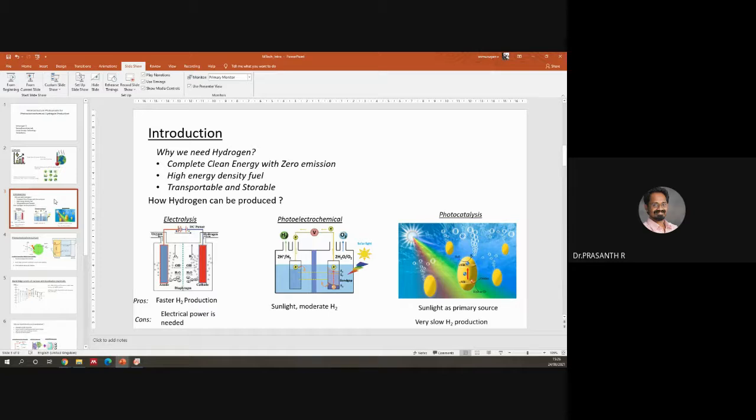Some electrodes can produce the potential for splitting the water, but cannot harvest the maximum energy from the sun. So we have to make multiple layer systems, heterostructure systems, so that you can harvest more energy. That is one idea, and then you have to improve that process by some photocatalytic activities, so that you can further increase the current used by the system.